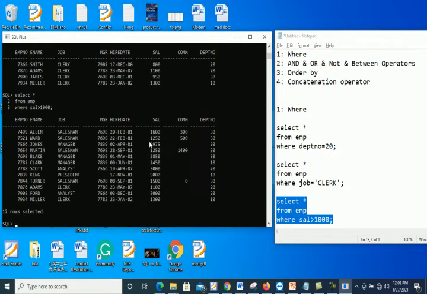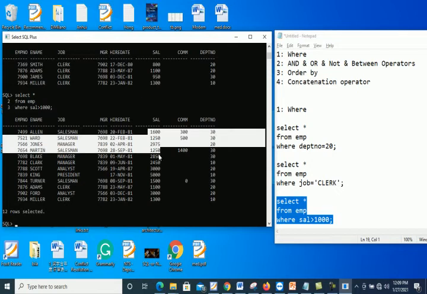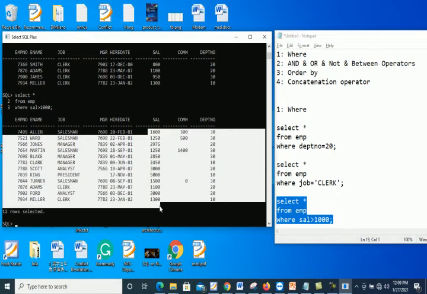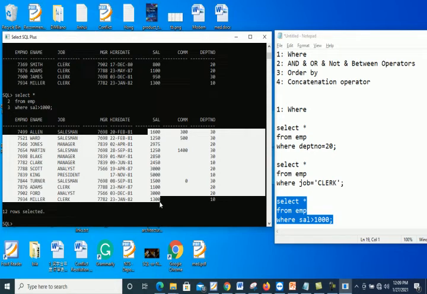So you can check it. It shows us all those employee records whose salary is greater than 1000. So in this way you can use the WHERE clause.